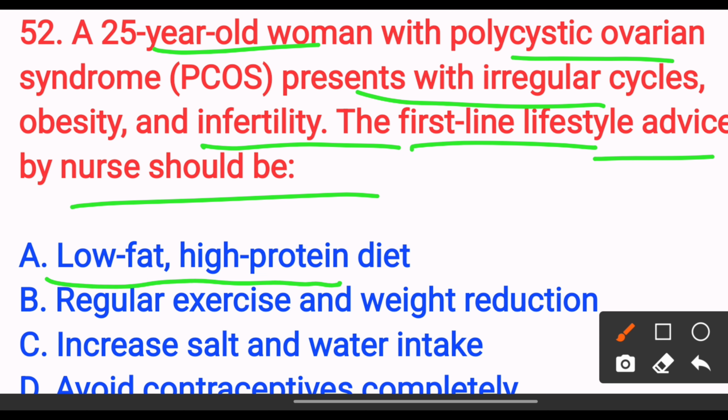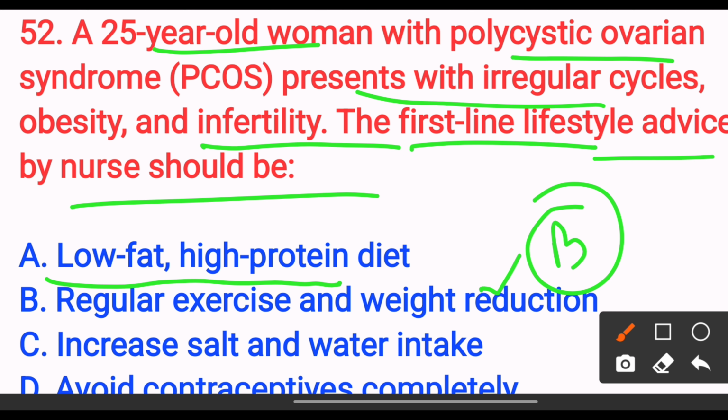Option B, regular exercise and weight reduction. Option C, increase salt and water intake. Option D, avoid contraceptives completely. The answer is option B, regular exercise and weight reduction, because weight loss improves ovulation, insulin sensitivity and fertility